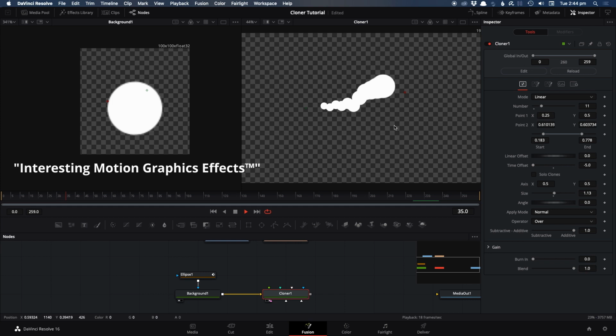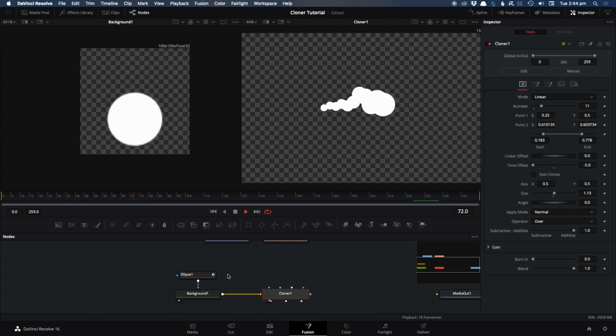Which means you can get some interesting motion graphic effects by just animating whatever you're cloning and then offsetting it in time. And of course,